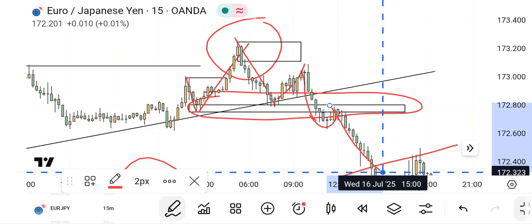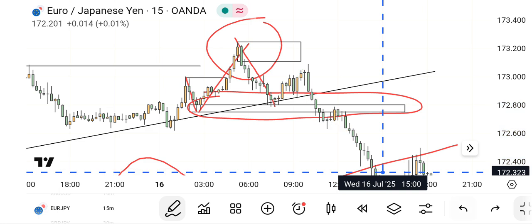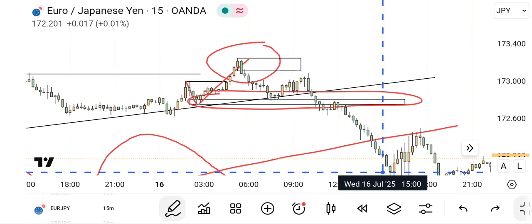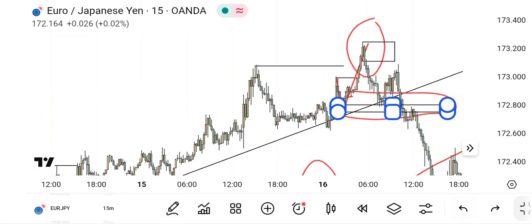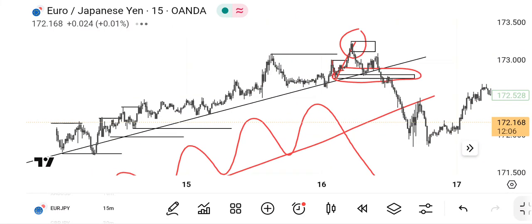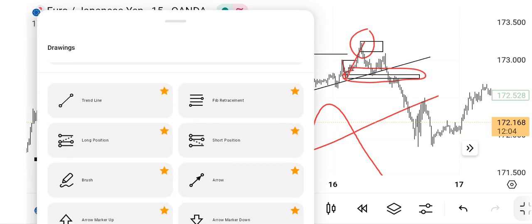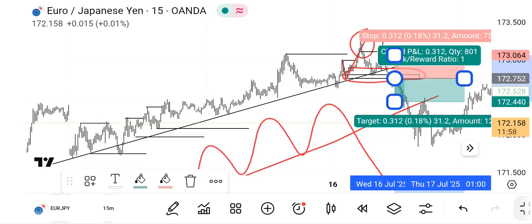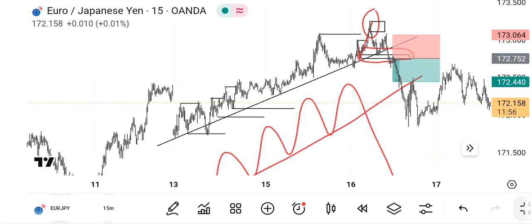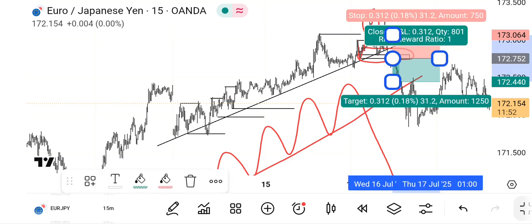So I put my entry here. My entry was put here on that block. Then my target was the last low before the trend started. This low,